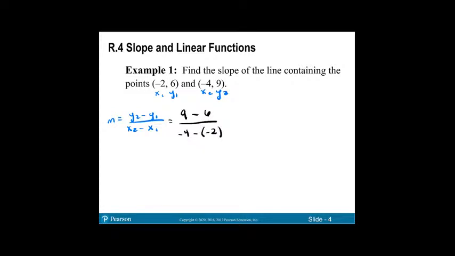So then 9 minus 6 is 3 divided by double negative becomes what? Positive? Let's do this. So then negative 4 plus 2 is going to be what? Negative 2. So then the slope,